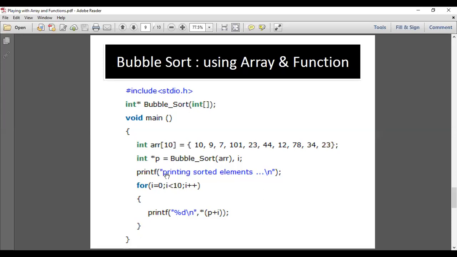With this pointer, now we are going to take care of printing the elements. For that reason, you can see that we are going to utilize again the value-at-address operator. So my first value-at-address operator, at the 0th location, so p plus 0, that means the first address location, second address location, third address location, we are going to access the elements. So this example is one of the best examples where you are doing a bubble sort.